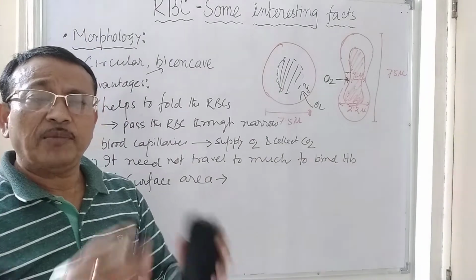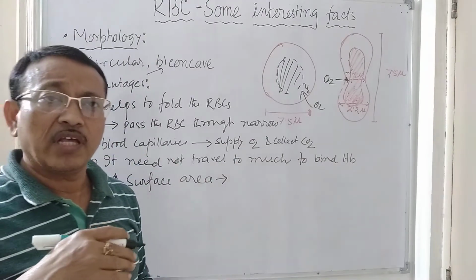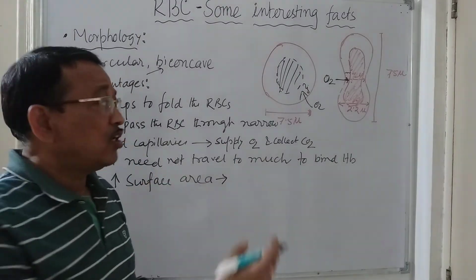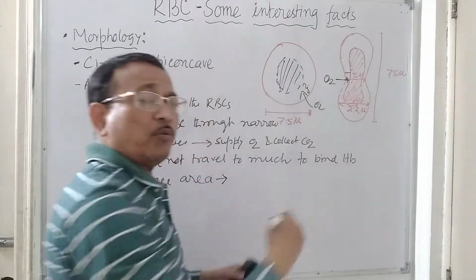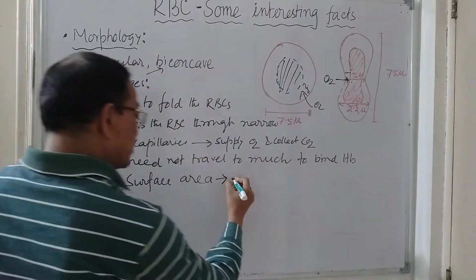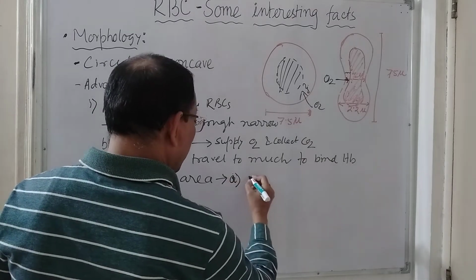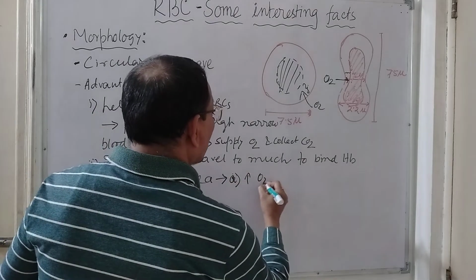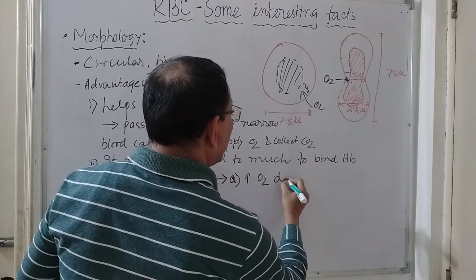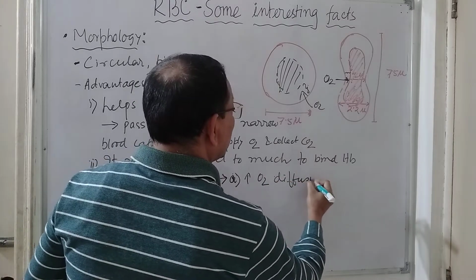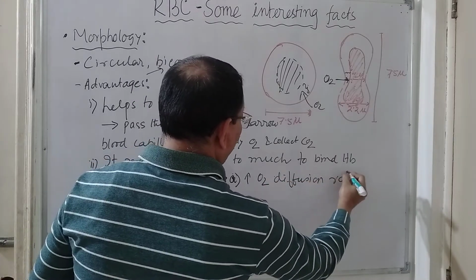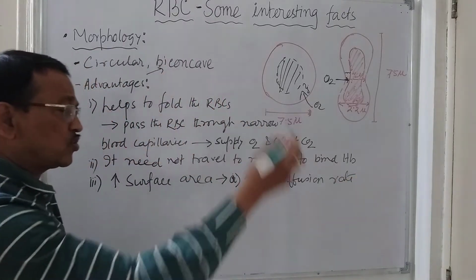As you know, if the surface area is more, the rate of oxygen diffusion to bind with the hemoglobin will also be more. So increased surface area, number one, increases the oxygen diffusion rate. Very quickly oxygen will be diffused